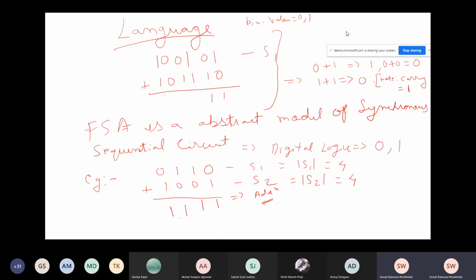So when you have 1 plus 1, your answer will not be 2. Instead, it will be 0. So here, 1 plus 1 will give you 0, but you have a carry. One carry is generated, which means you carry 1. So 1 is carried over here. We store 1 in our next value. From here to here, we save that 1 or we add that 1 in our next coming values.